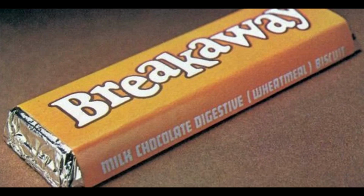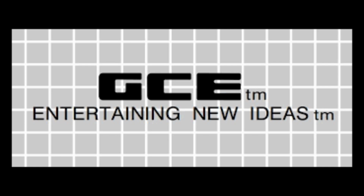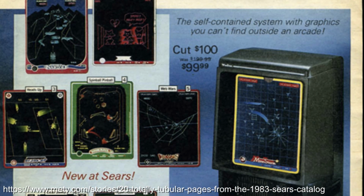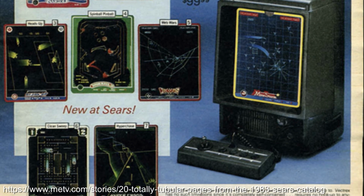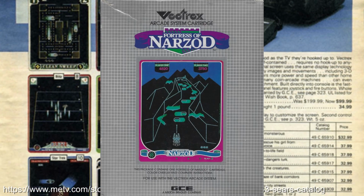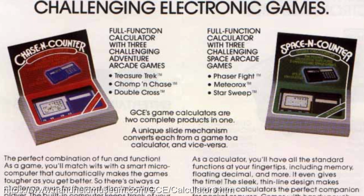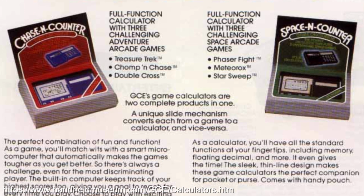Whilst we take a break from the Nelsonic game watches, another company of note is General Consumer Electronics, or GCE, who developed the 1982 Vectrex console that they licensed from Smith Engineering. This included glorious-looking games like the Fortress of Nazrod. We see some cool examples of their handheld game offerings with the likes of this Chase Encounter and Space Encounter